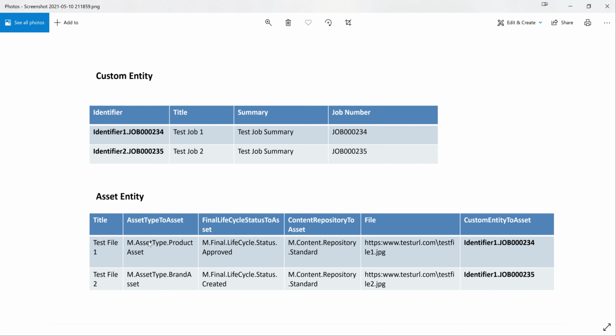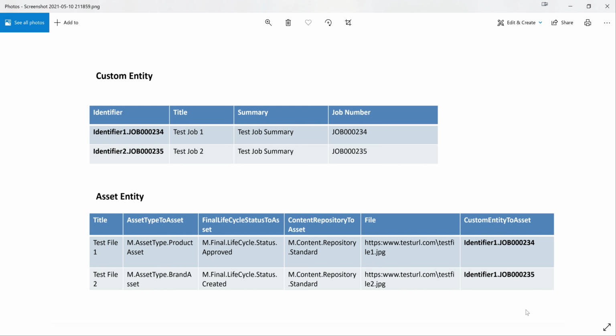So when we upload, we can upload the custom entity first. Then second, when we come to asset entities, we would upload this last. While uploading, we already know identifier one. So the relation would already be made. I'm assuming here the relation is 1-to-1, custom entity to asset. Custom entity is a parent, asset is a child, and the mapping is 1-to-1 or 1-to-many, whatever it is. So here you would get the mapping like that.